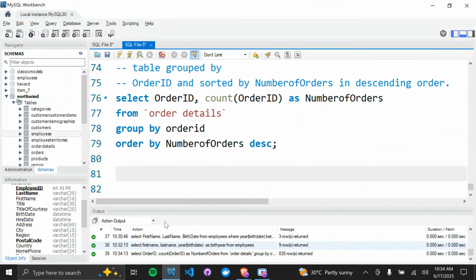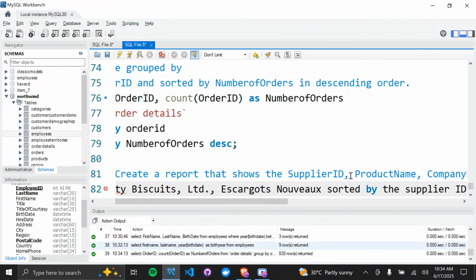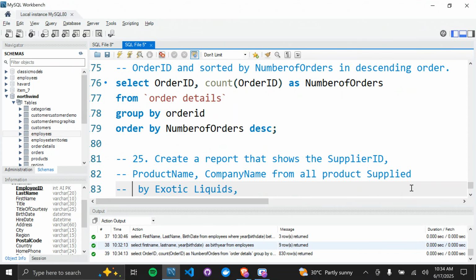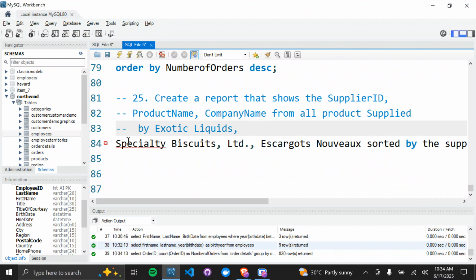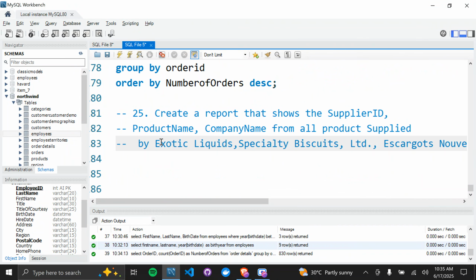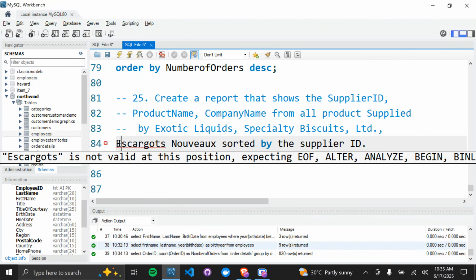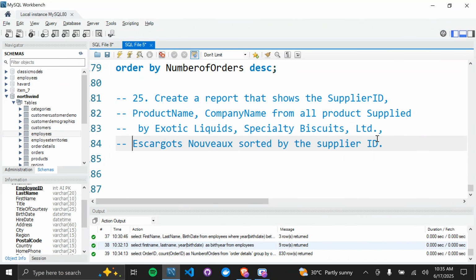That looks a bit wordy, but whatever it is, we are going to definitely solve it. So it says create a report that shows supply ID, product name, company name from all products supplied by Exotic Liquids, Special Biscuits Limited, Escargot, sorted by the supply ID. That's a lot. Not in terms of query, but in terms of